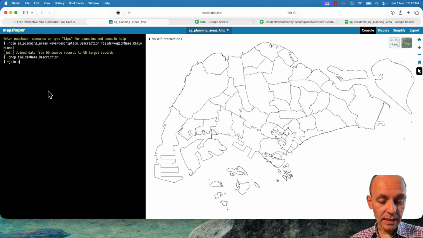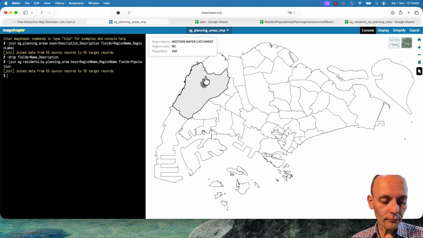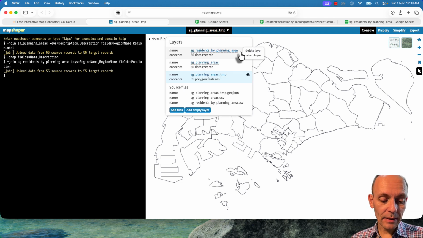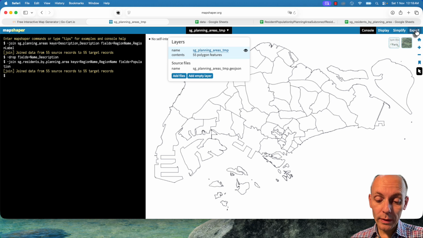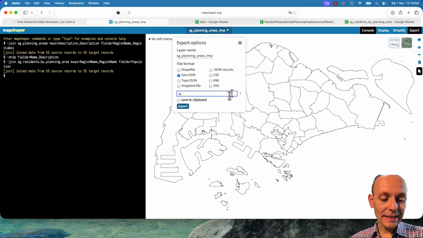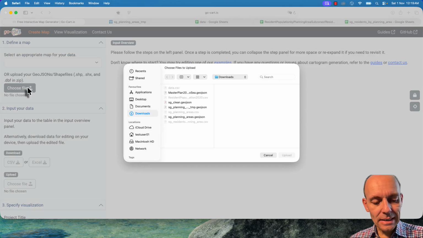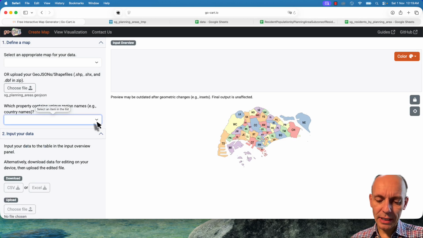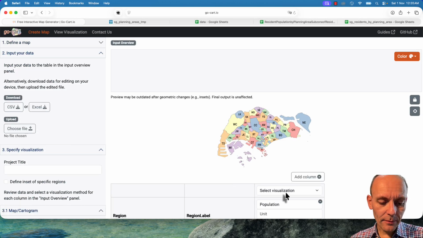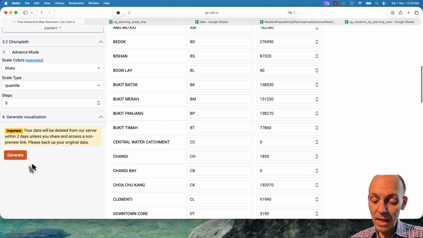We still need the population data, so I run -join sgResidence.by_planning_area keys equals region name, fields equals population. After confirming that the population has been added as attribute, I remove the CSV table layers by right-clicking, keeping only the polygons. Let's export the cleaned data using -o sg_planning_areas.geojson. Back in gocart.io, upload the final GeoJSON, set region name as identifier, choose contiguous for the cartogram, and click